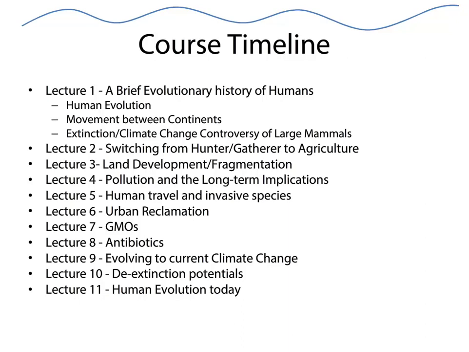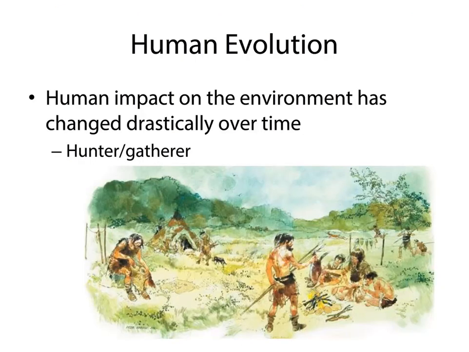So we'll cover why Jurassic Park probably is never going to happen, but we'll deal with that later. And then we'll talk about human evolution. We like to think we're exempt, but realistically we're not. We're changing just like all the other critters are, and that's actually pretty cool. So let's go ahead and start out with the brief snippet on human evolution.